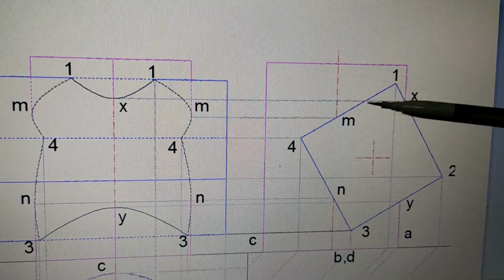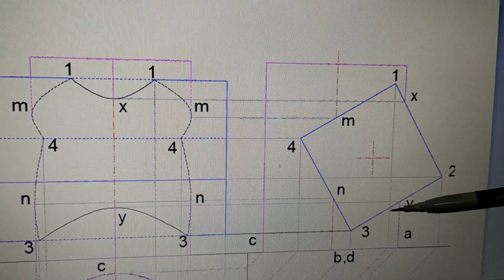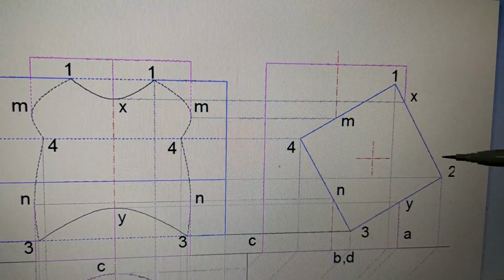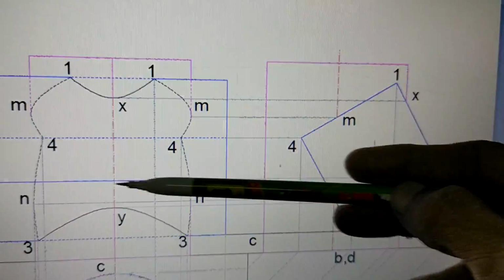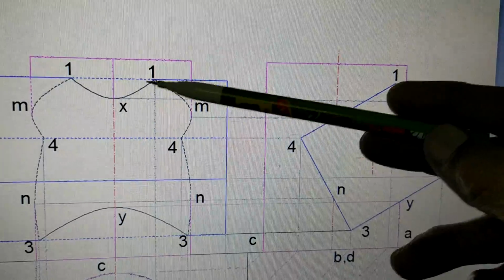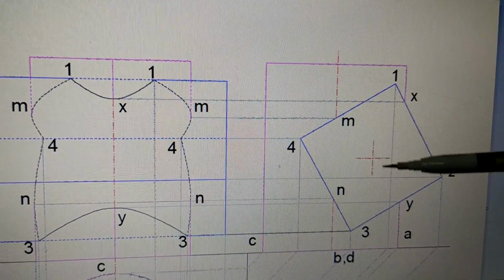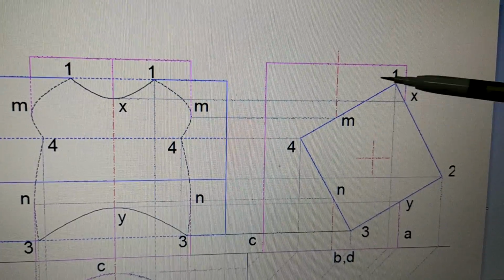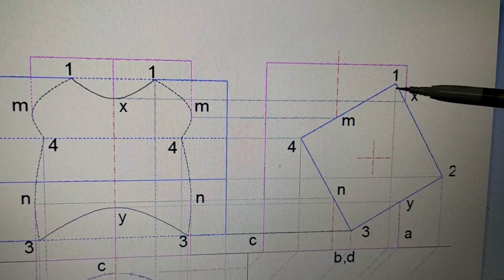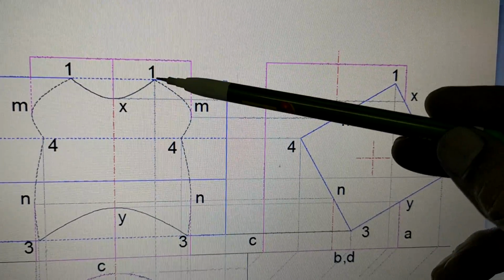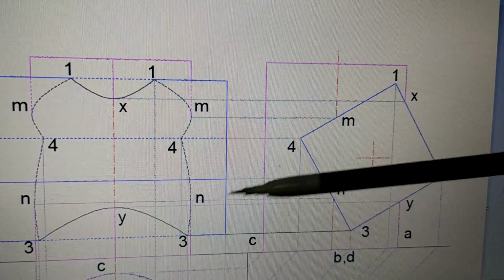Now what we have to observe is, in this figure, 1, 2, 3, 4 is a prism, and this prism has got edges at 1, 2, 3, 4. Now 2 is not taking part, so 2 is just an edge, so nothing to do with 2. In the curve of intersection, 2 has not come. But 1 has come, 3 has come, 4 has come. Now at 1 there is edge, at 4 there is edge, at 3 there is edge. So whenever there is an edge here, at this place there is going to be corner. So edge at 1, corner at 1. Edge at 4, corner at 4. Edge at 3, corner at 3.